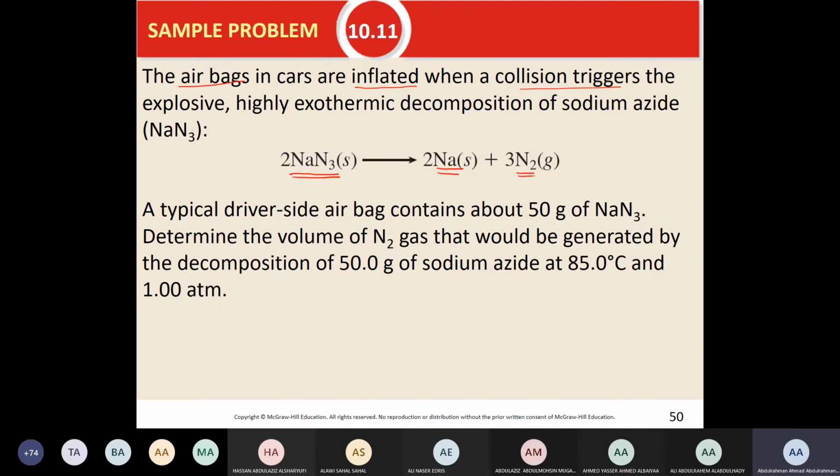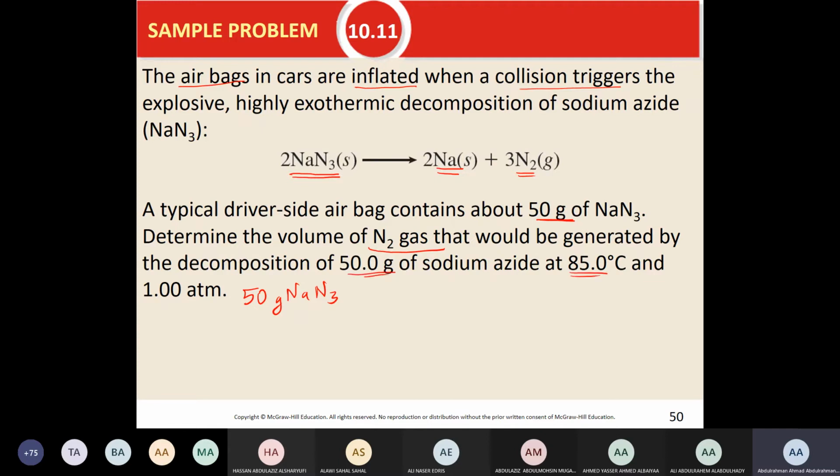A typical driver side airbag contains 50 grams. Determine the volume of N2 gas that would be generated by the decomposition of 50 grams of sodium azide